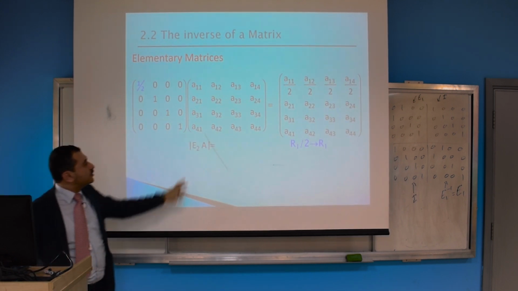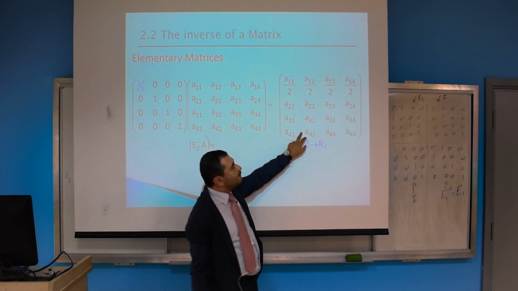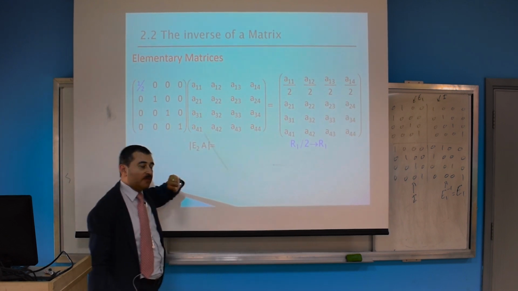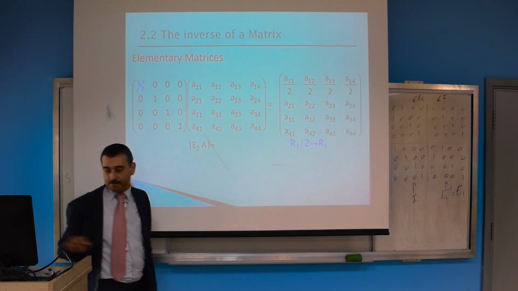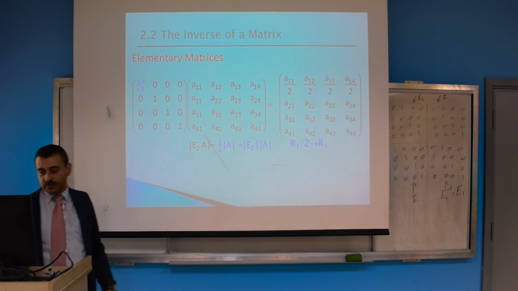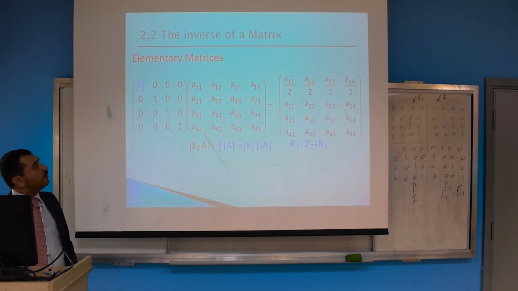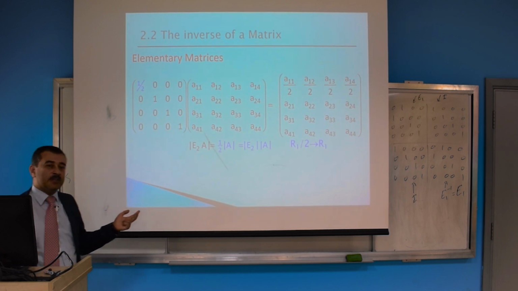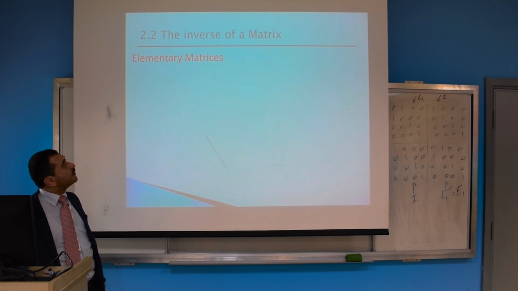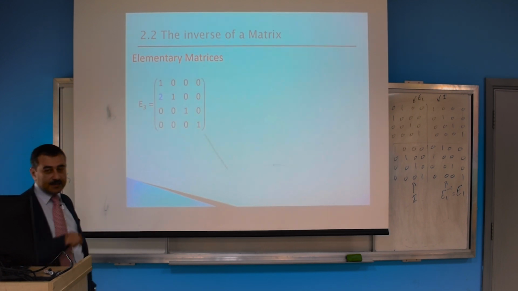Here, what about the determinant of E2A? This guy. The determinant of this guy is half, from the properties of the determinant, half determinant of A. And half is determinant of E2. So we can write it as determinant of E2 times determinant of A. What is the third row operation? احنا قلنا الانترتشينج وقلنا السكيلينج، اللي هي الريبليسمنت مش كده؟ الريبليسمنت فاكرينها؟